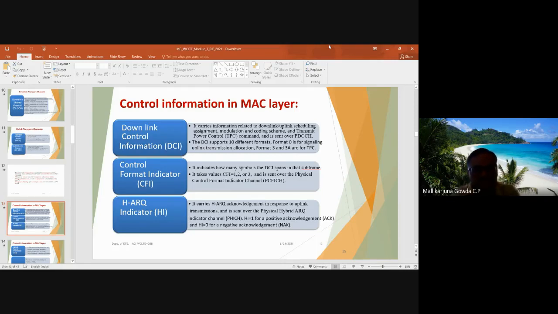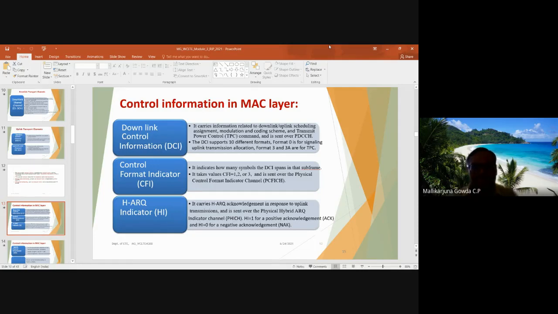Okay, in short, we write it as HI. HI means hybrid ARQ indicator. This control information carries hybrid ARQ acknowledgement in response to uplink transmissions, and this is sent over the physical hybrid